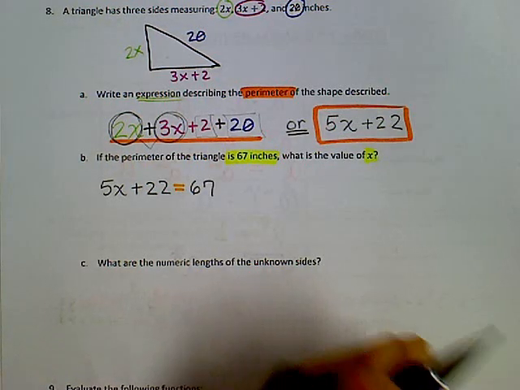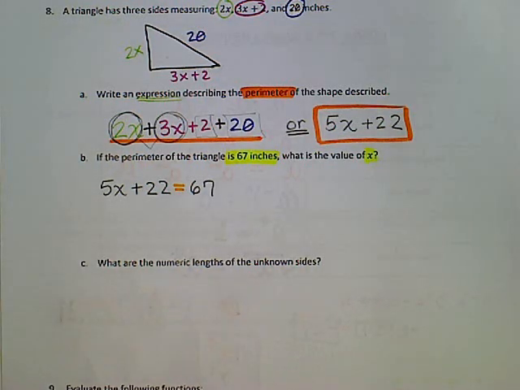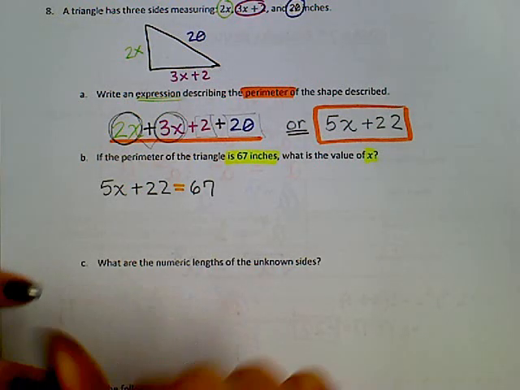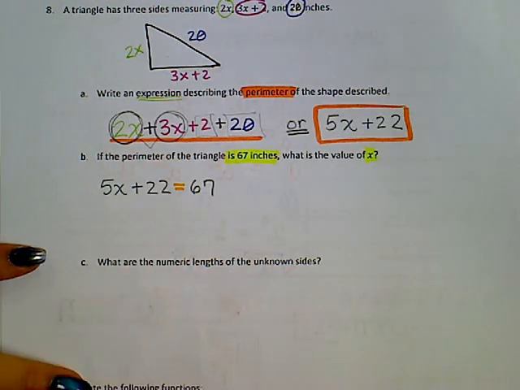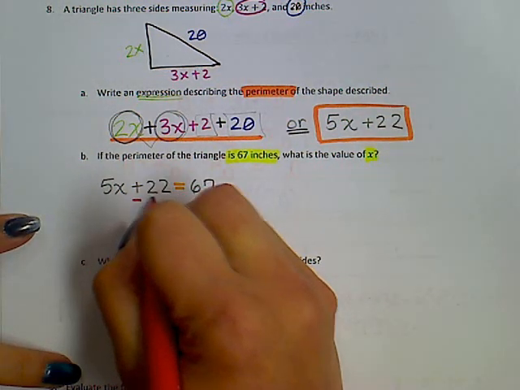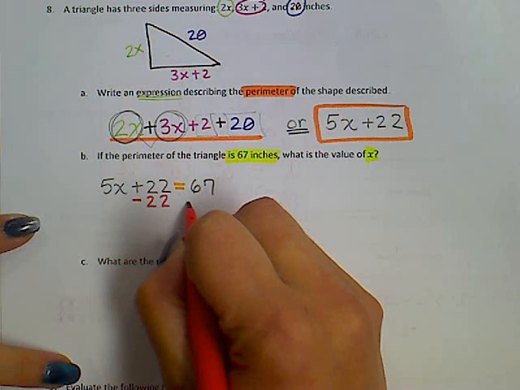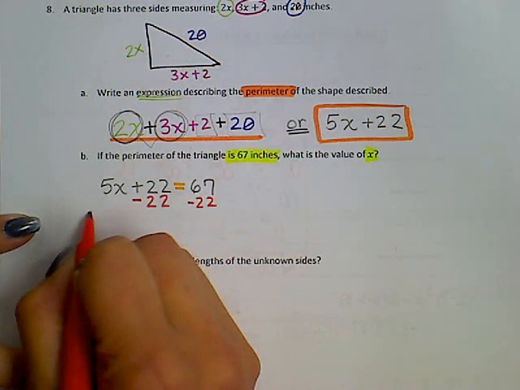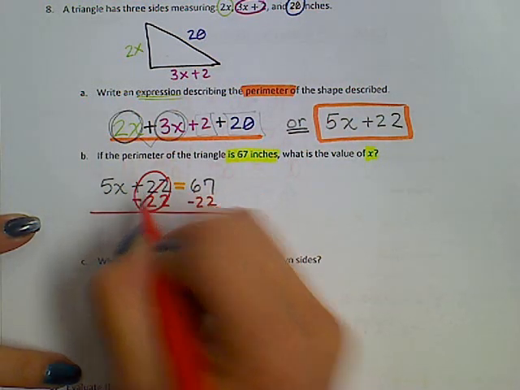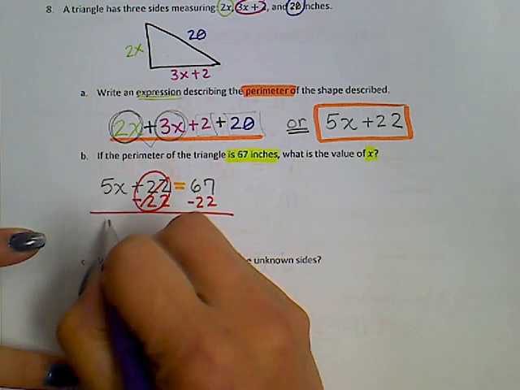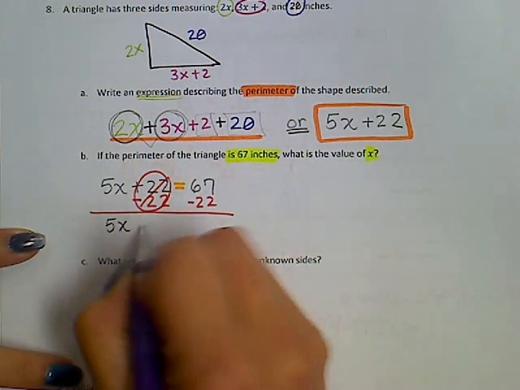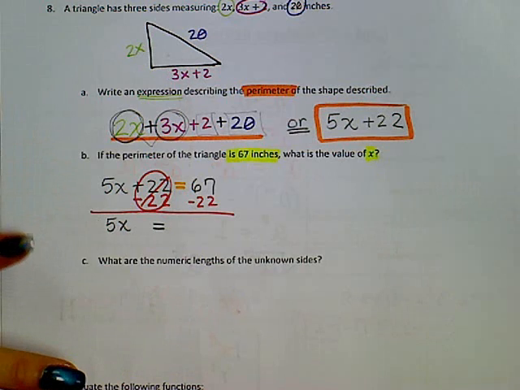No. So in that case, I need to isolate my variable by first removing my constant. Now, I'm talking about the constant on the same side with the variable. So I would remove my 22 by using the inverse operation to eliminate it. So I have 5x is equal to